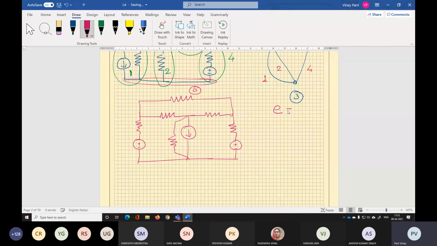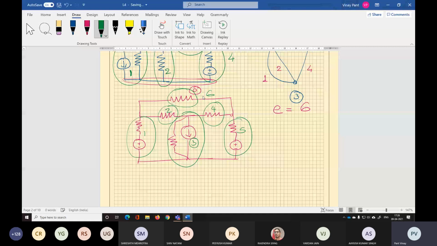Let me check. Let me number them. This is 1. This is 2. This is 3. This is 4. This is 5. Very good. So you got it right. There are 6 elements. First part done. Elements: 6.